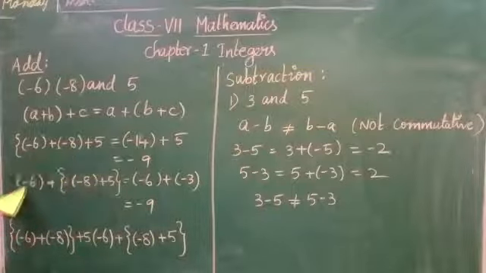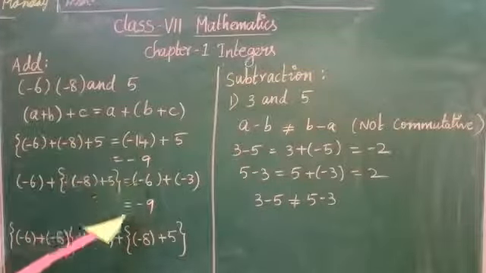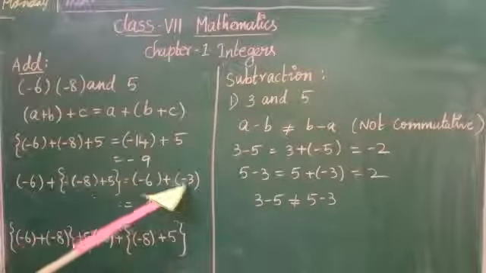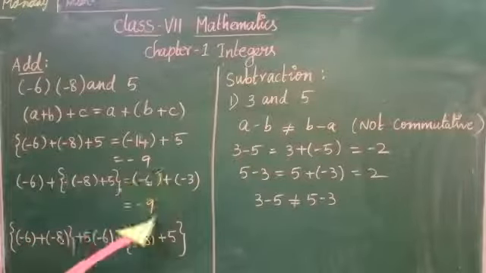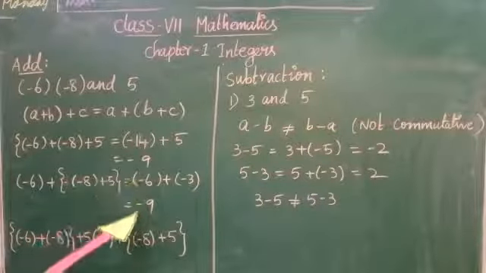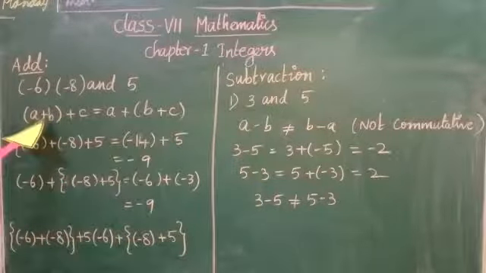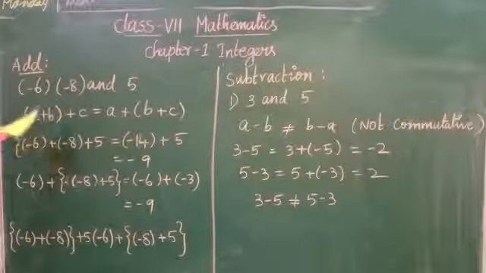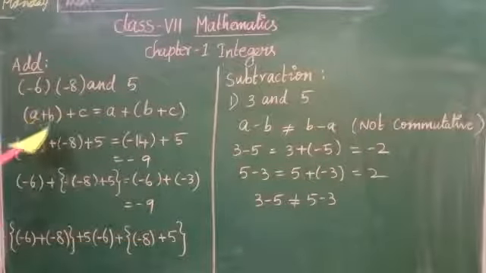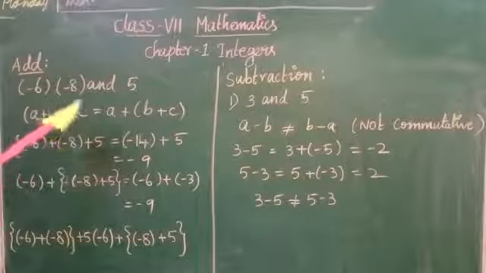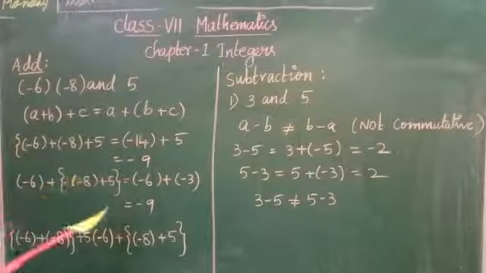And here the minus 6 is there. That minus we write here. Is equal to minus 6 minus 3. Minus into minus is a plus, so we add, and the biggest number's sign is a minus: minus 9. So left hand side is equal to right hand side. This is the associative property, LHS equals RHS, which is (A + B) + C equal to A + (B + C). Am I clear, children? Minus 9.